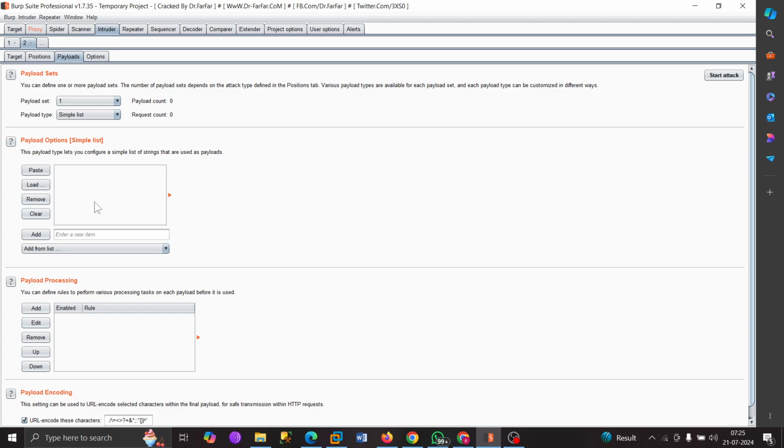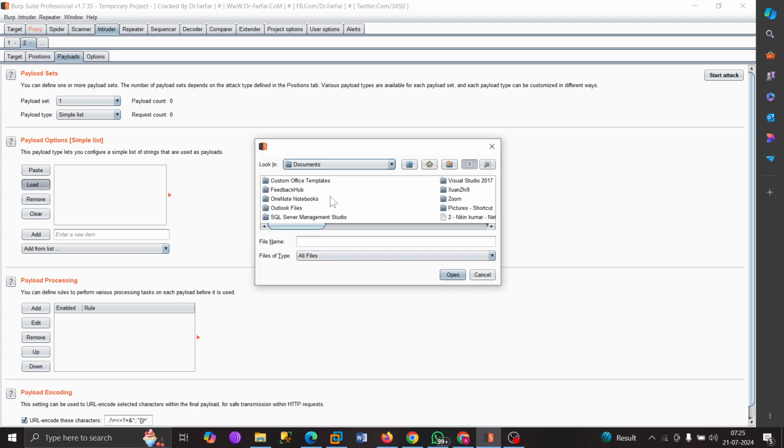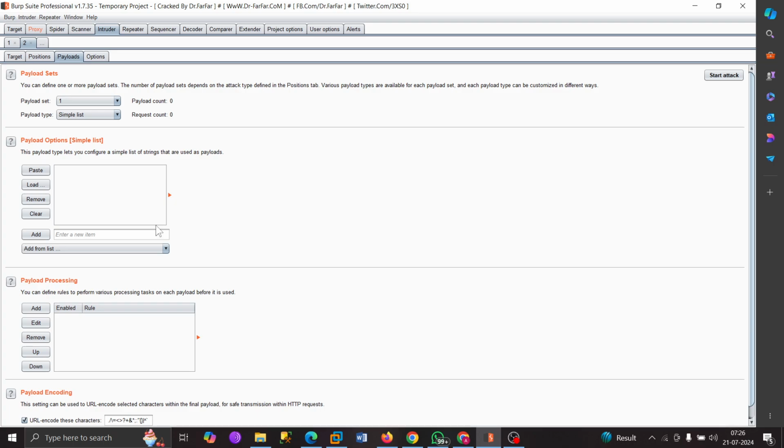Okay, see, if you just click on load, you will get a number of options over here, just to add it. If you wanna paste it, like from Google, if you want to take a list of payloads, or from GitHub, paste it, you can do that. Or if you wanna add, like I wanna add